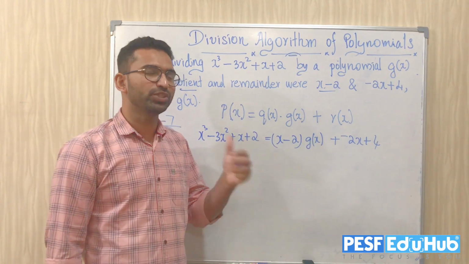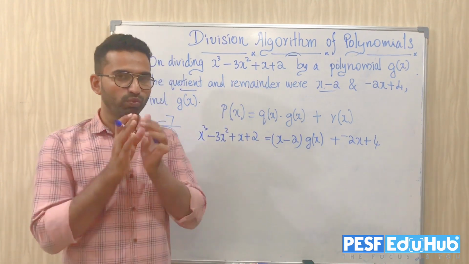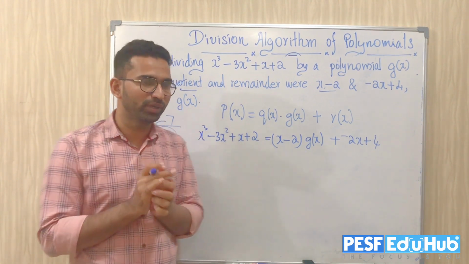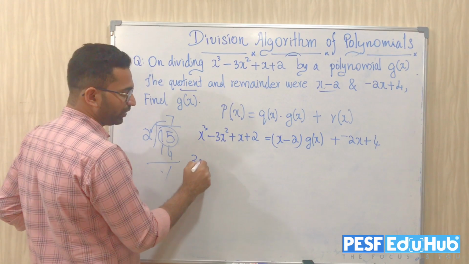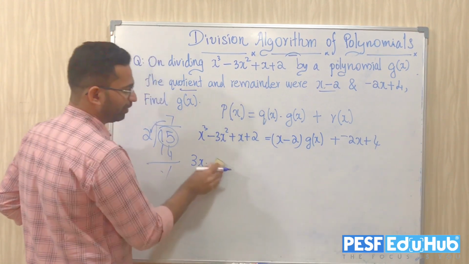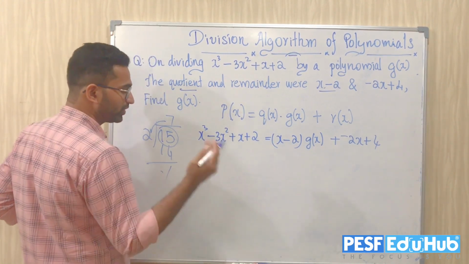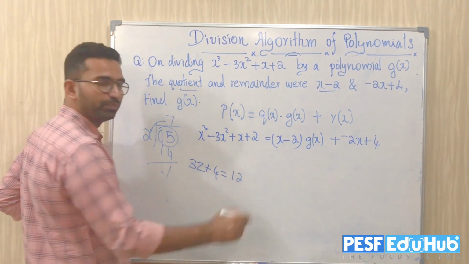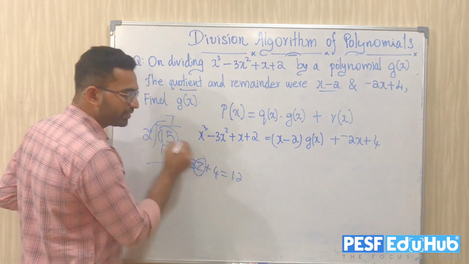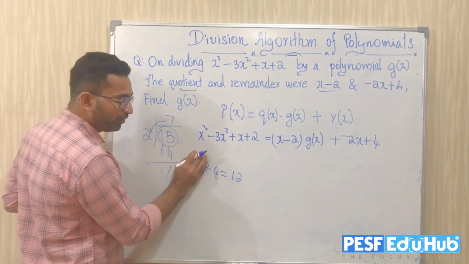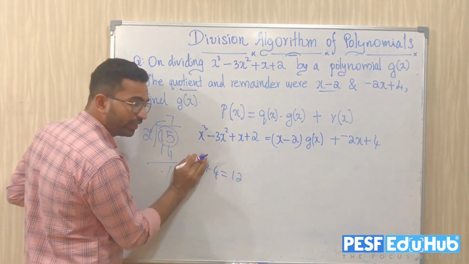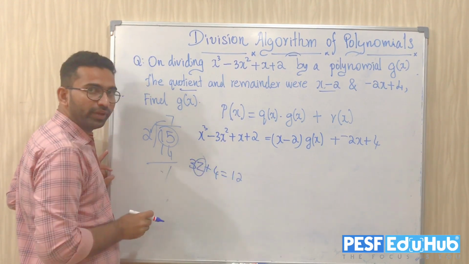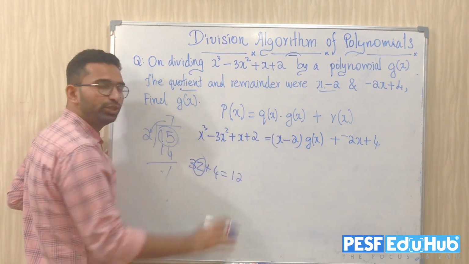These types of things you know very well, because we have done so many problems from algebra. Suppose I have a variable 3z plus 4 equal to 12, and I am asking what is z. What will you do? First I will keep the term containing z here. I will take this 4 to the other side, and step by step we will simplify. The same concept you have to use here.